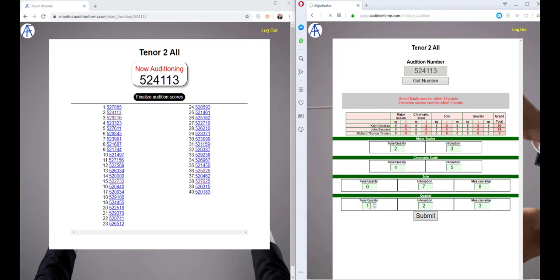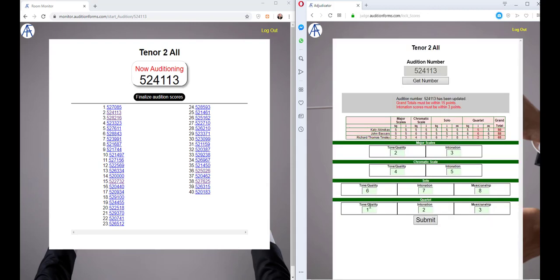When you click Submit, the system will go out and put the scores into the database and return to tell you a couple things. First of all, now tolerance is good for this intonation, that intonation, this intonation, but here we've got a problem because 2 is more than 3 points away from 6, and here we've got a problem because 68 is more than 15 points away from 88. So we're going to do some corrections. To correct this, I'm just going to move this tolerance up to 4,